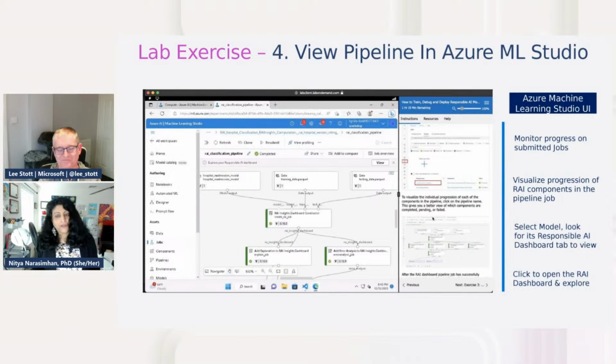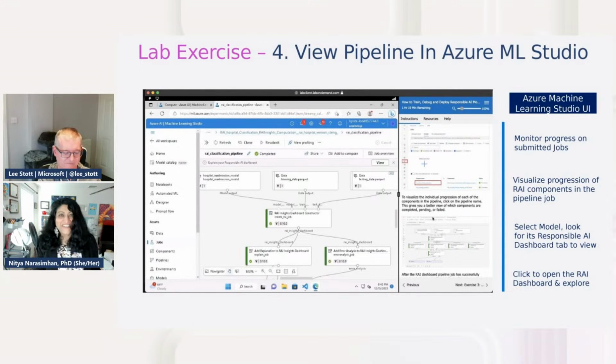So this snapshot is showing you what that pipeline looks like. So if you remember, all of this we're going to do in code in the notebook. You construct it, you submit a pipeline job. This particular one is actually showing you the pipeline that has your two tools building the insights dashboard. If you look at the documentation, you'll see how you can add other tools as well. The thing about this is